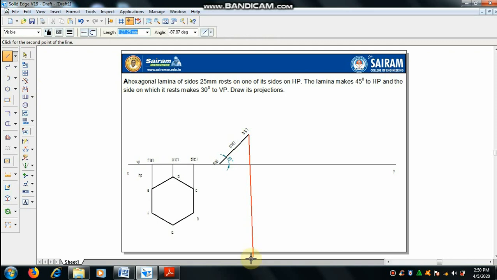Now by using a 0.13 mm thickness line, draw the projector lines from the front view, extending them downwards. From A, where it meets A dash, from B where it meets B dash, from C where it meets C dash, from D where it meets D dash, E and E dash, F with F dash.